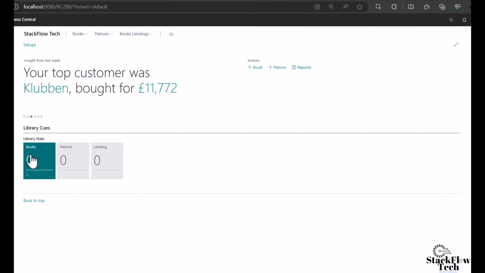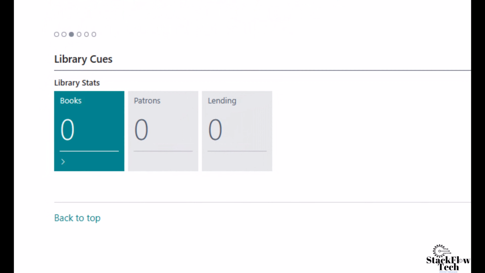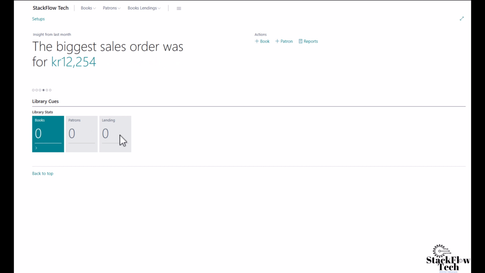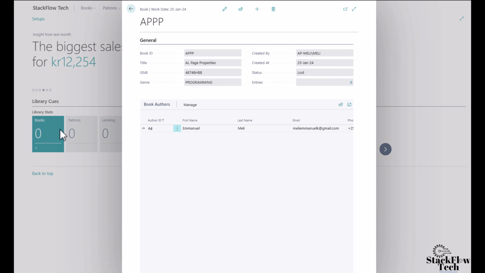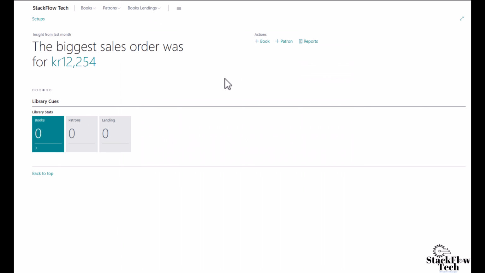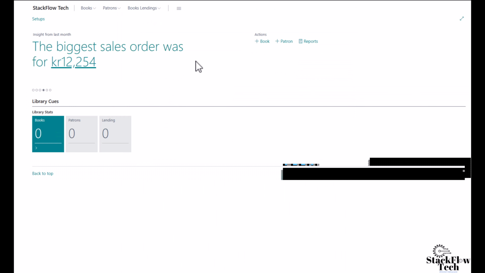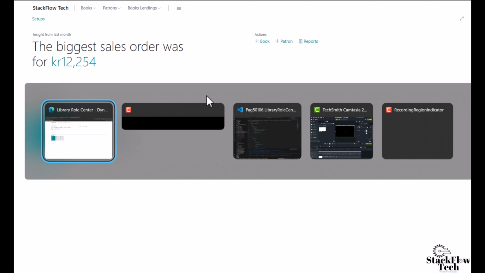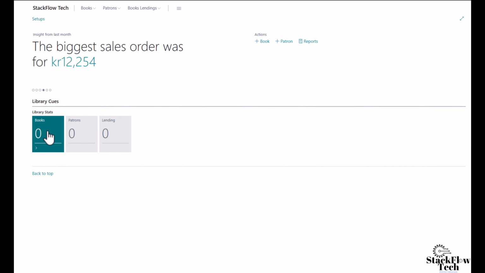One, it doesn't show the number, and we know we have the number of books. And for the patrons, it doesn't give a chance to drill down. You cannot click. This is not clickable. We want something that when you click like this, it opens another object. So let's start from the one that counts the number of books. We are supposed to insert the value. Yes, we've counted, but it's not visible because we have not inserted it